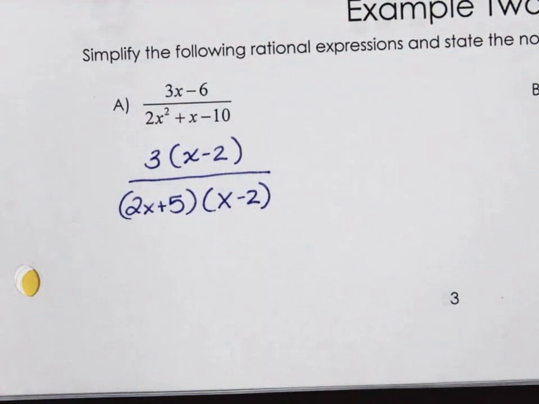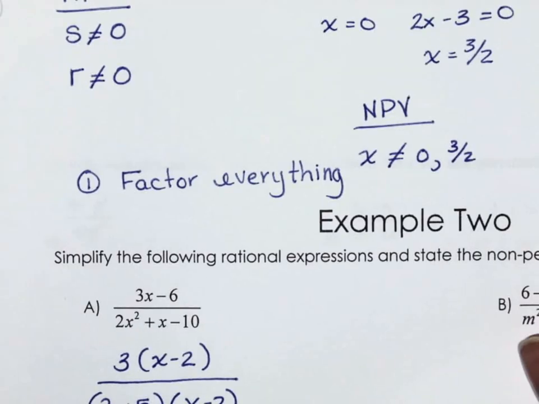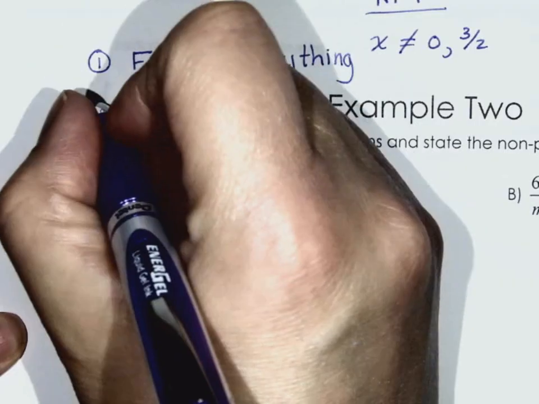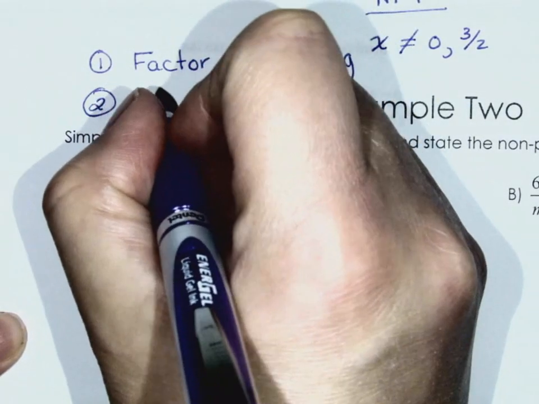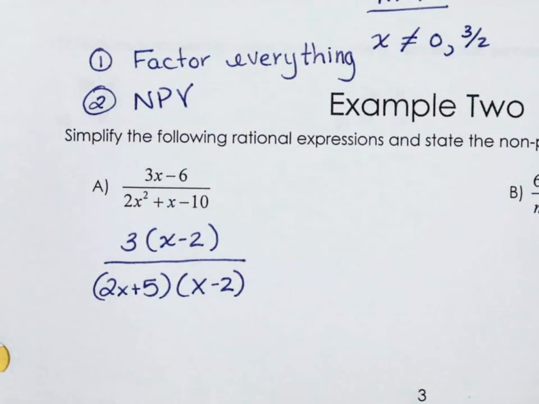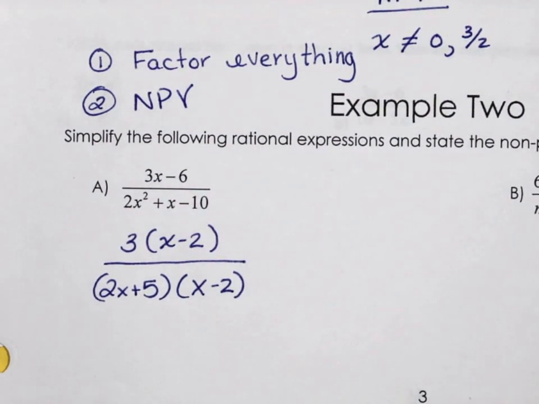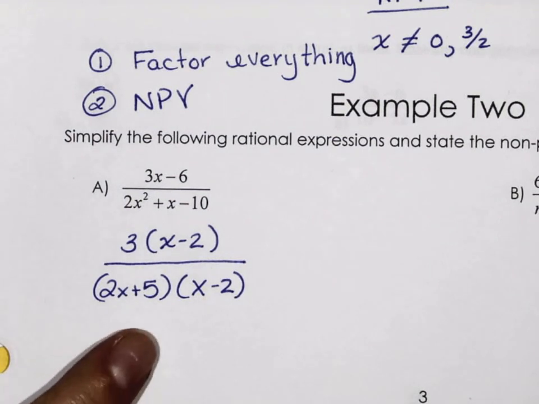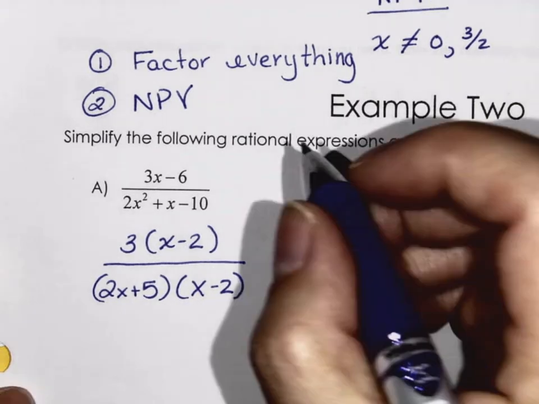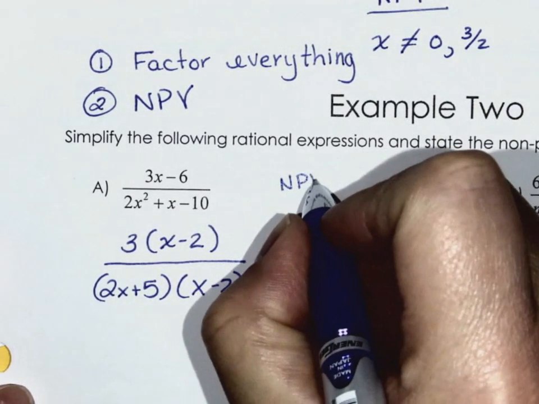Okay? All right. Now step 2 is going to be your non-permissible values. I want you to do your non-permissible values. Remember that they are denominator only. Can you do it by just looking at them? Okay. So we're going to state our NPVs off to the side. So x cannot equal